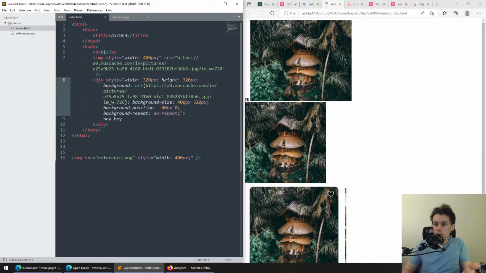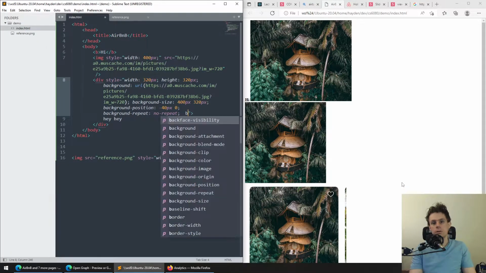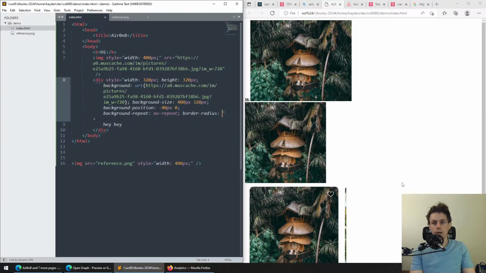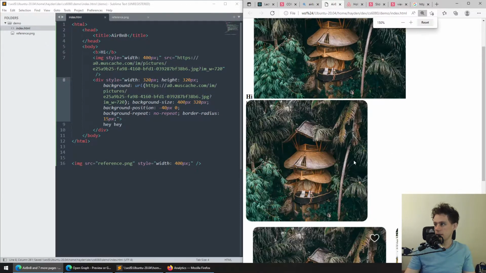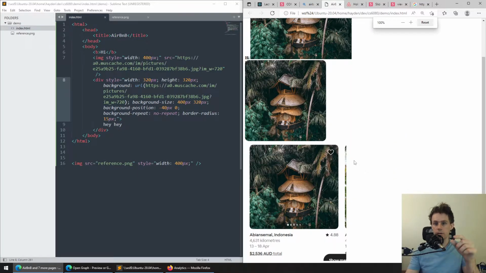The other thing we want to do is, if you look at the image below, it has a border radius. It's got nice little curved corners. So we can do the same thing. Border radius, say 10 pixels. You can play around with it a bit. That seems a little bit minor. Maybe I could try 15 pixels. Okay, that's starting to look pretty similar to the image, right? So border radius is how rounded the corners are. I always like to use border radius as an example because